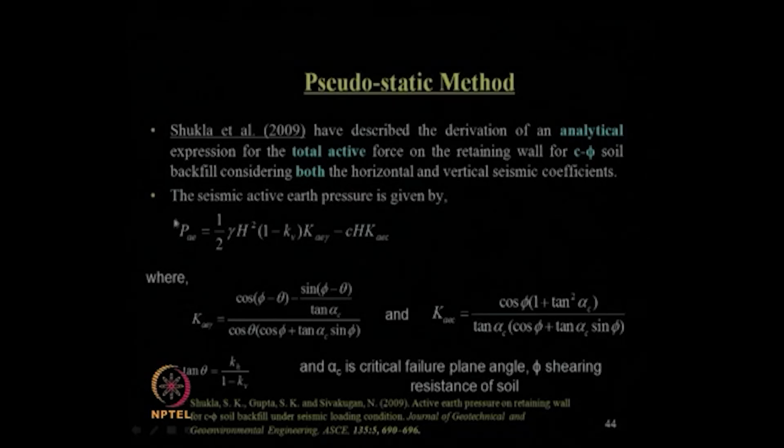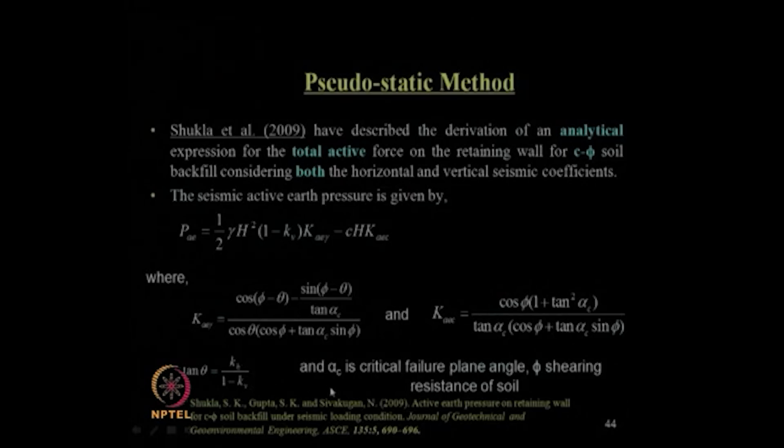So, the expression for the computation of total active earth pressure under seismic condition is this one. This active earth pressure coefficient K A E gamma is with respect to the unit weight component of the soil, whereas K A E C is the coefficient of active earth pressure with respect to the cohesion component, and their expressions for K A E gamma and K A E C are given by these expressions, where tan theta in this expression is nothing but kH by 1 minus kV,